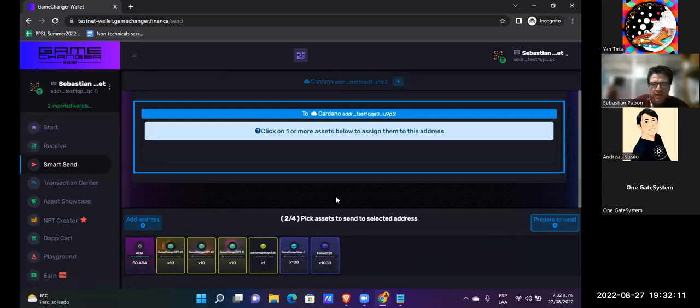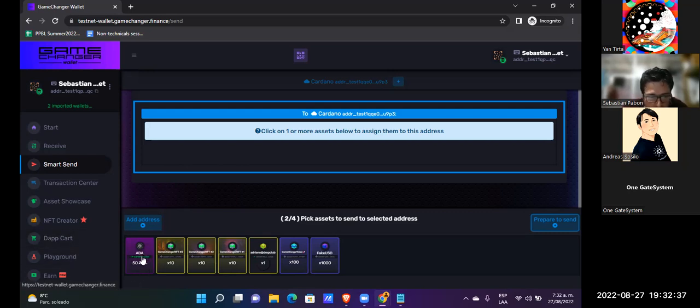And notice how different this wallet is. After you enter the address to which you want to send some assets, it can be ADAs, it can be tokens in general, you can select the asset that you want to send.